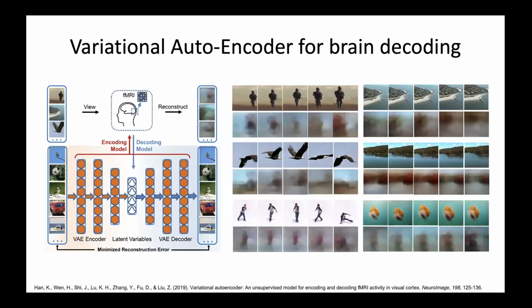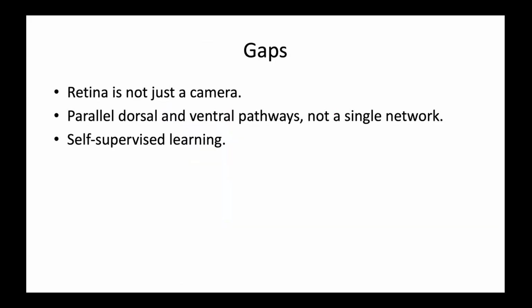There has been some improvement over the years, and these days it is one of the popular topics, with papers in Neuroscience and ICLR reporting increasingly better performance on visual decoding. That's not the main purpose of it, and I come back to a similar set of points: there are really a lot of different gaps between the models and the brain, and a few that we are trying to